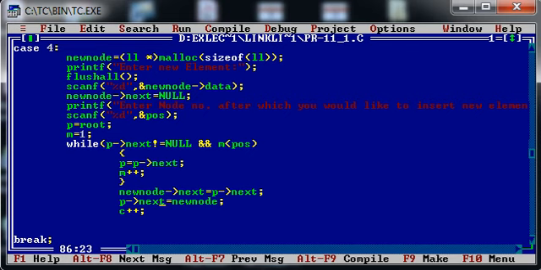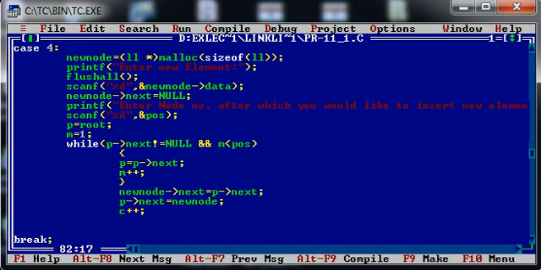Okay, now let us assume the second case, if the user would like to enter the new node after any other position that is greater than one, let's say position 3, the third position. So in that case it will come into this particular loop. Okay, initially m is 1, right? Now whenever we are traversing till the last node of the linked list, we need to take care of two conditions.